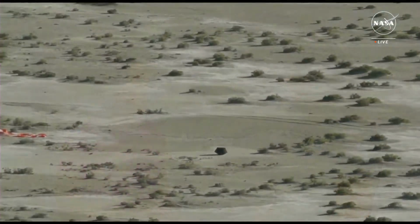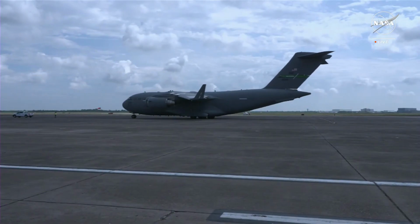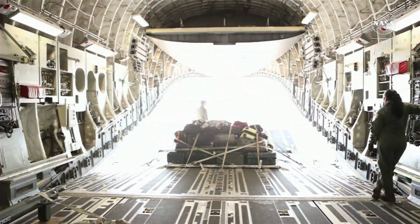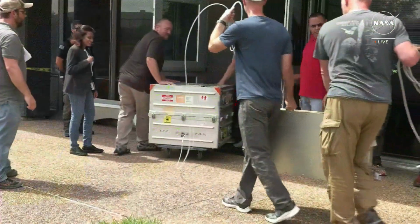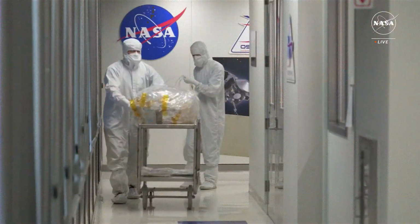On Sunday, September 24th, the sample return capsule landed safely in Utah, and then it was brought to a temporary clean room that we had set up there to have certain parts removed, specifically the heat shield and back shell, which are two large parts, and that exposed the sample canister inside,